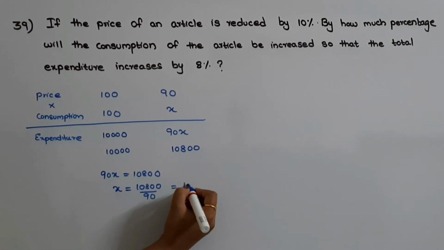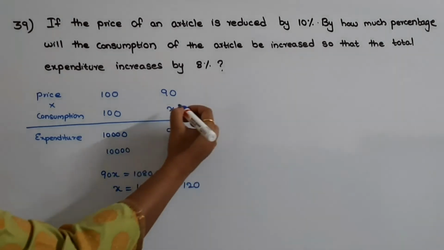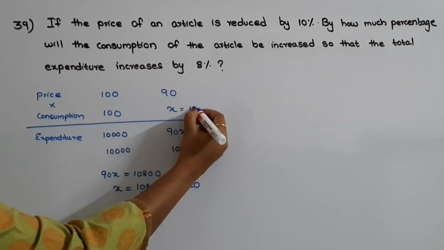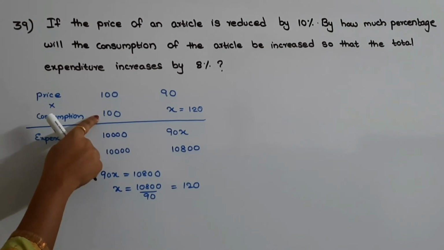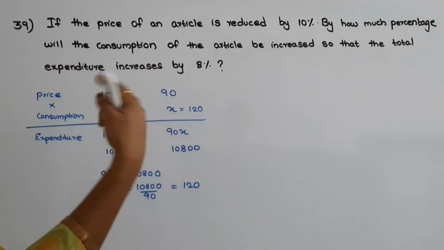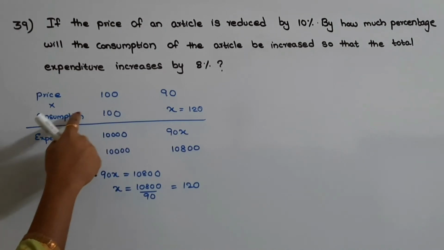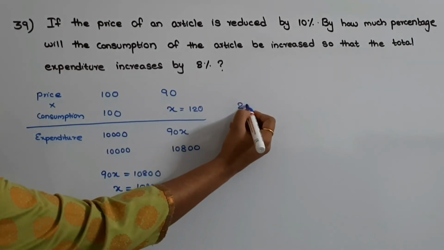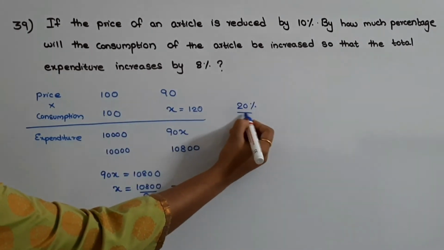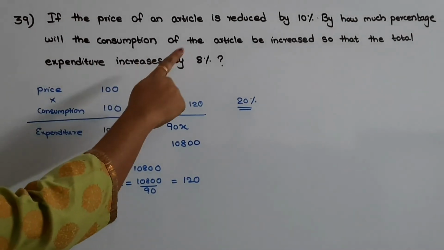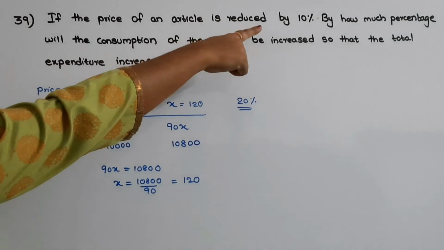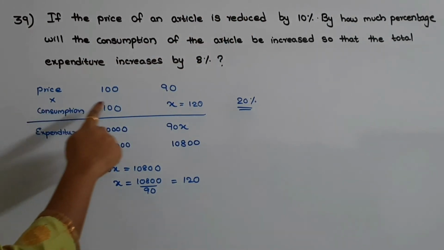That will be equal to 120. Okay, so this x value is equal to 120, which means initially the consumption was 100. In the second case it has become 120, which means the consumption has increased by 20%. Okay, so this is the answer. So in order to increase the expenditure by 8%, when the price is reduced by 10%, the consumption must be